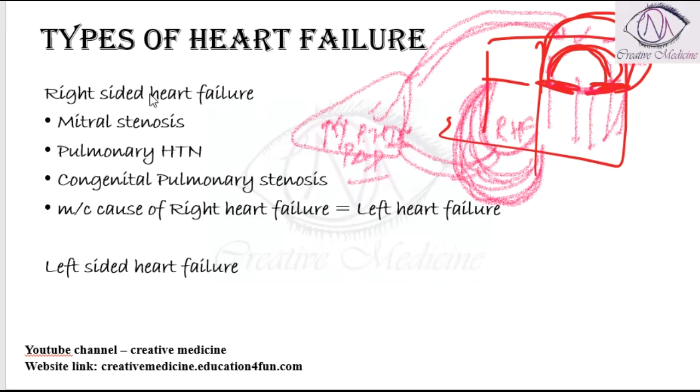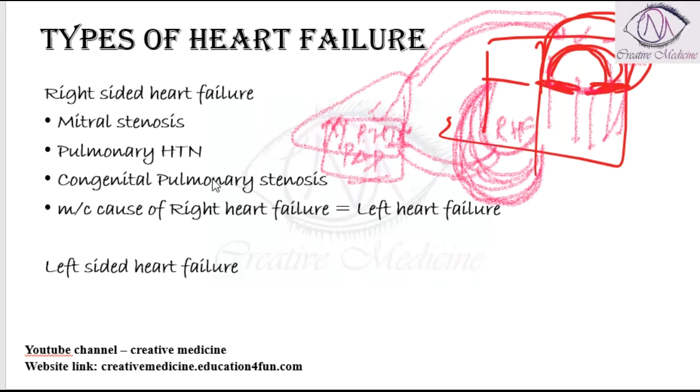Second, in pulmonary hypertension. Pulmonary hypertension is a similar case. Whatever the reason for the hypertension is, there is increased pulmonary arterial pressure. Because of this, the right ventricle has to pump hard in order to send the blood into the lungs. So there is slowly hypertrophy of the right ventricle, and slowly this hypertension increases a lot, and the right ventricle will give up at one point, and that is when we get right heart failure.